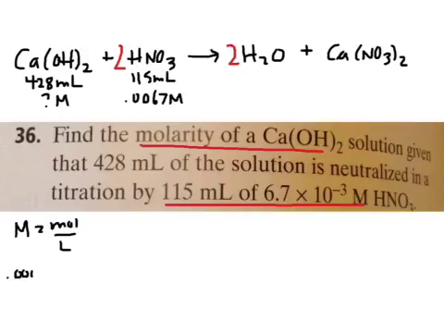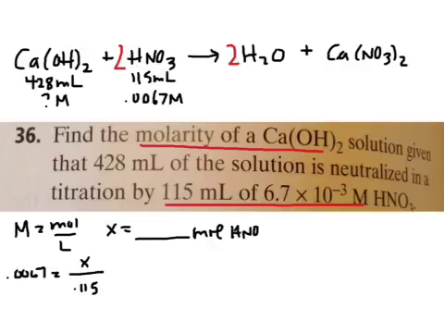So we're going to have 0.0067 molar equals X, and then at the bottom we're going to have the volume, which is 0.115 liters, and we would multiply those two together in order to get the moles, and those will be moles of nitric acid, which we would know because we're given the milliliters and the molarity of the nitric acid. Our next step will be to change moles of HNO3 to moles of calcium